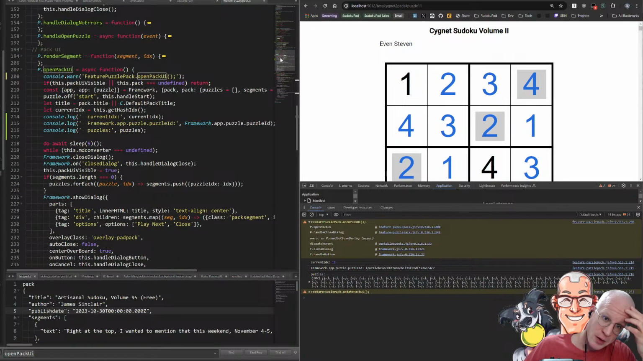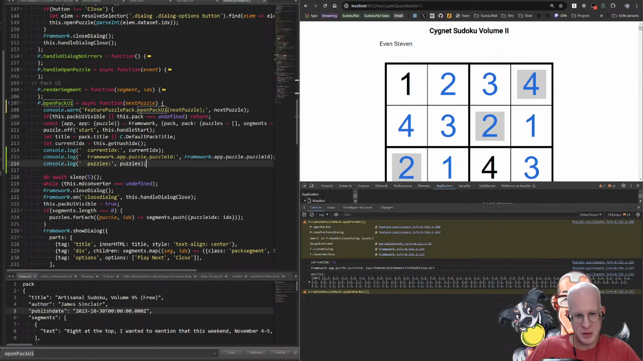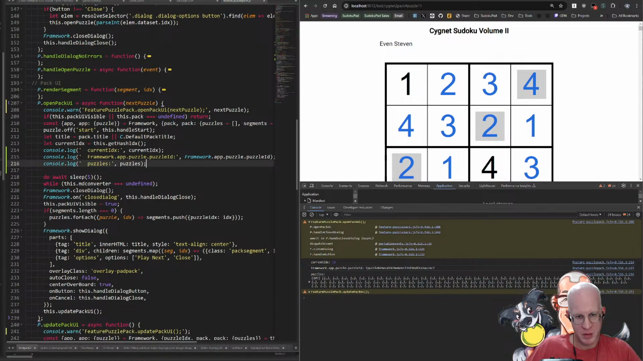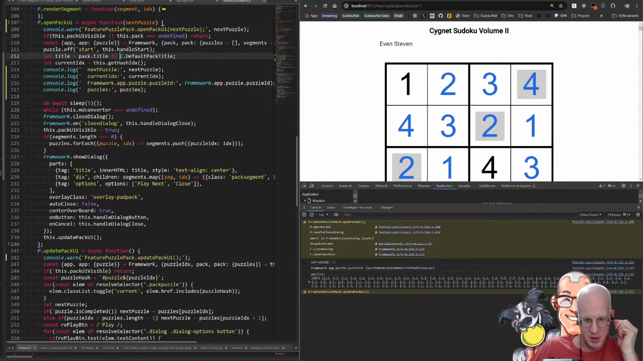So we could do something like next puzzle, right? And then we could just say if puzzle is completed, next puzzle true. All right. And then once we know next puzzle, we can increment the puzzle index from the current hash index. And then